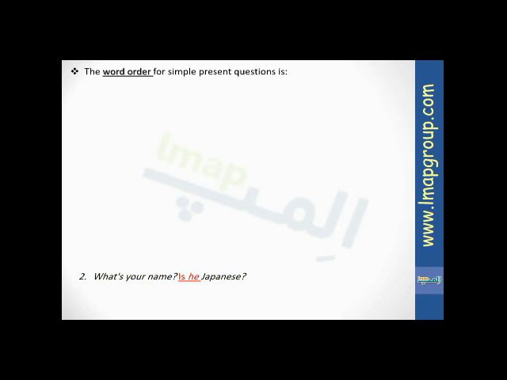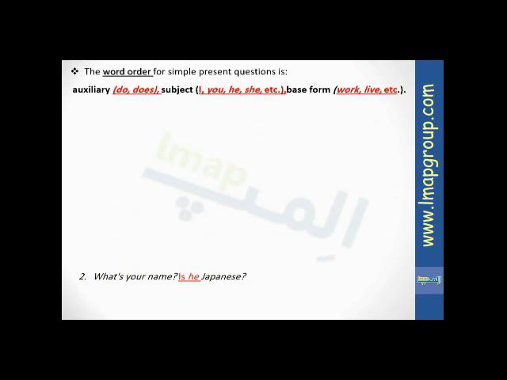The word order for simple present questions is auxiliary, do or does, subject, I, you, he, she, it, etc. and base form of the verb, for example, work, live, or etc. پس